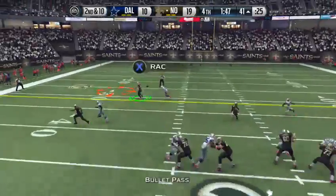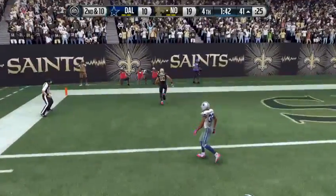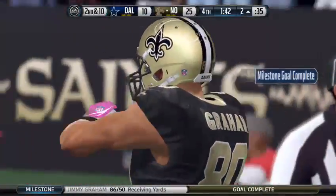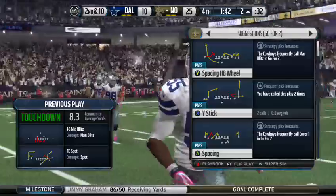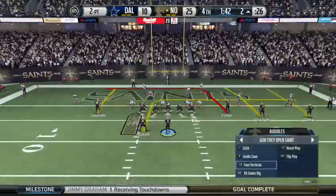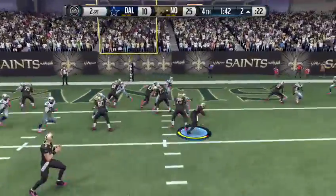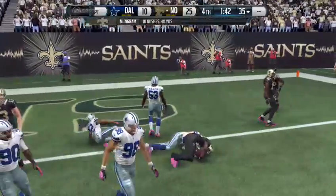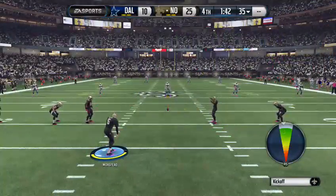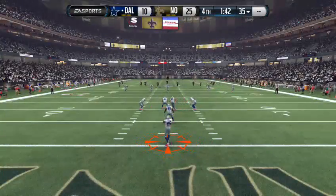And now he passes it off to Jimmy Graham. Jimmy Graham with the touchdown, getting a little taunty right there at the end. Where's the basketball celebration, Jimmy? We know you have the capabilities of doing such. Now let's see what's gonna. Oh God, Cowboys are not preventing the run right here. It's not a 2-point conversion, sadly. But 25-10. This game is probably over, unless the Cowboys can pull out